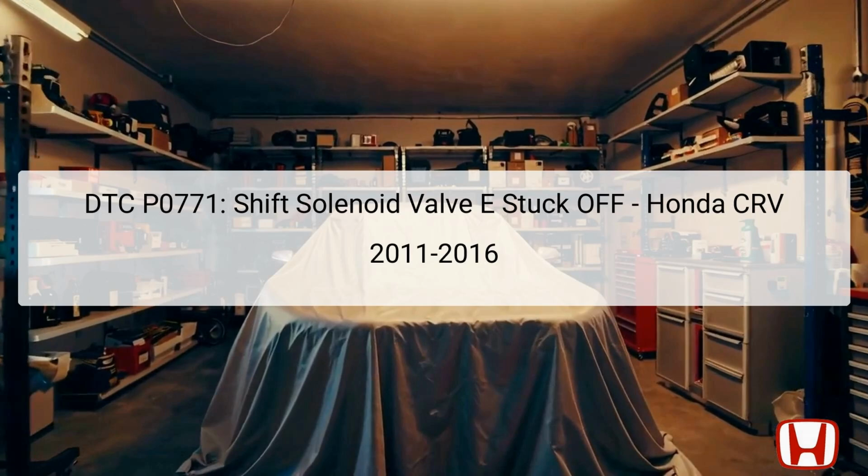The Diagnostic Trouble Code DTC P0771 refers to the Shift Solenoid Valve E stuck off issue specifically found in Honda CRV models produced between 2011 and 2016. This error indicates that the vehicle's transmission control module, TCM, detects that the Shift Solenoid Valve E is not functioning